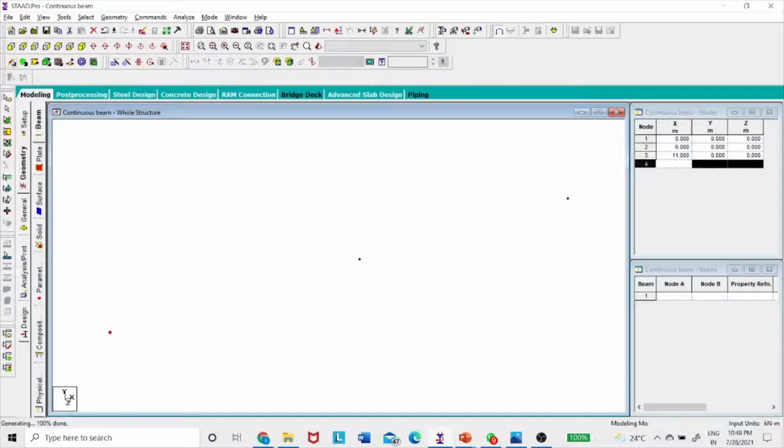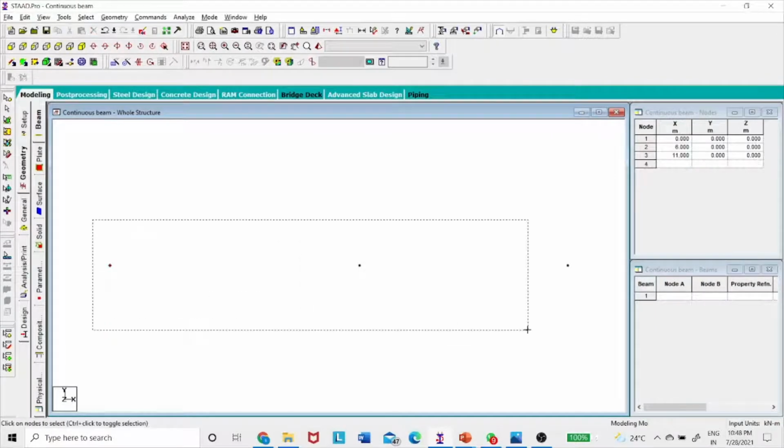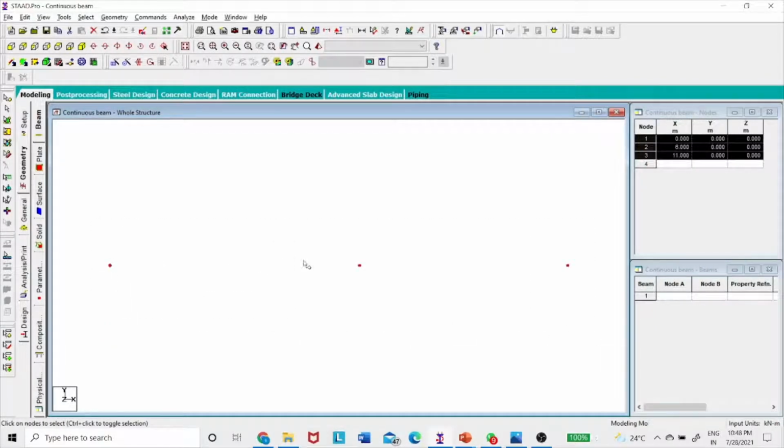So you can check here. Now in the front view there are 3 nodes. The first one is 6 meters, and from the second to the third is 5 meters. If you want to know the measurement, there is one option we have, that is display node to node distance.